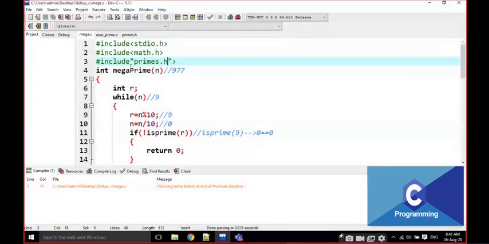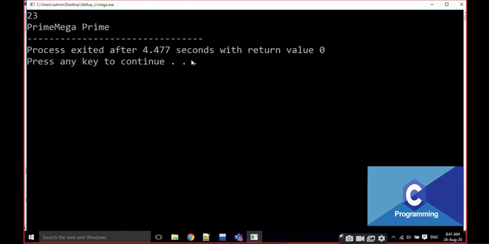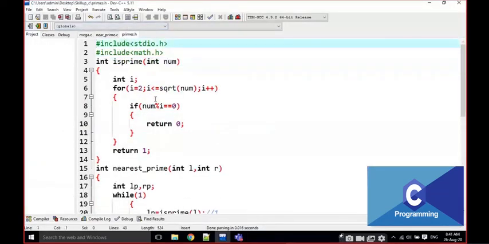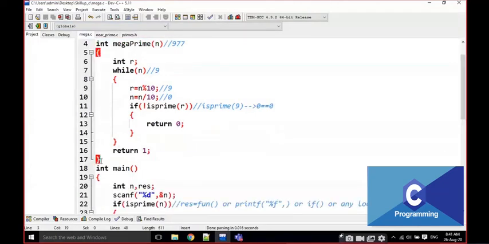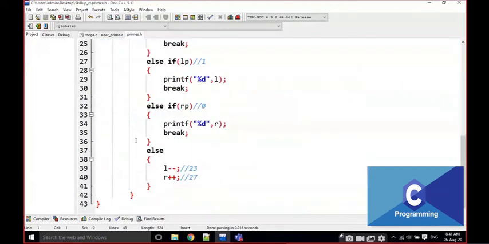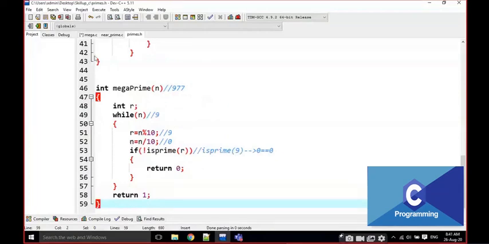Sorry, some error in the hash include. If it is 23, yes, prime and mega prime. Is it working or not? Yes, it is working. We write that prime functionality in one header file and we are using that functionality in n number of ways. For example, I am going to cut this one also and place here the mega prime of n, right?